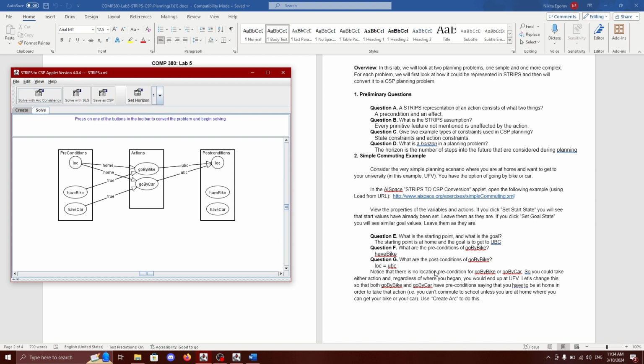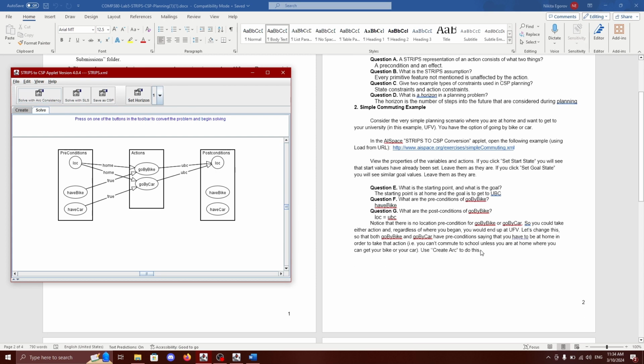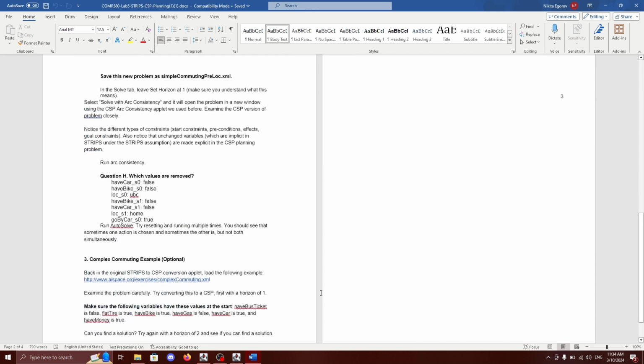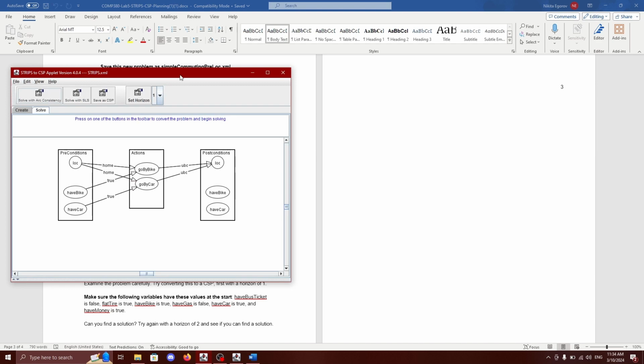The postconditions of go by bike are the fact that your location is UBC. Yeah, and this is the part that tells you to add these. So you should be at home in order to be able to go to UBC. Sorry. And then we're going to solve this problem using